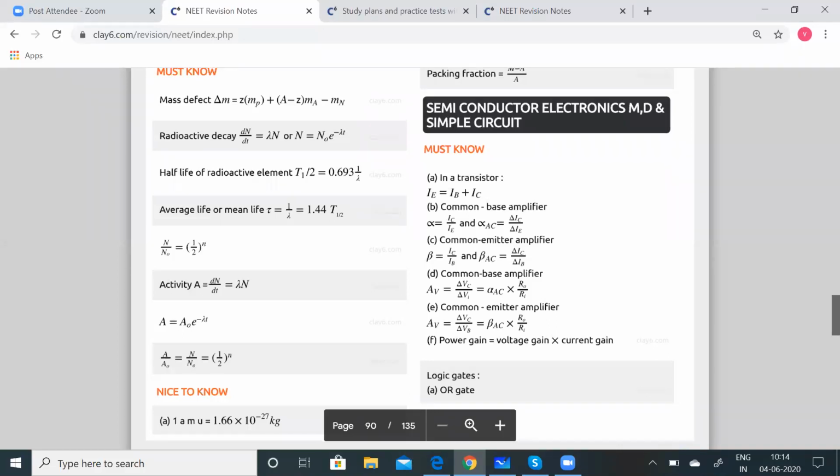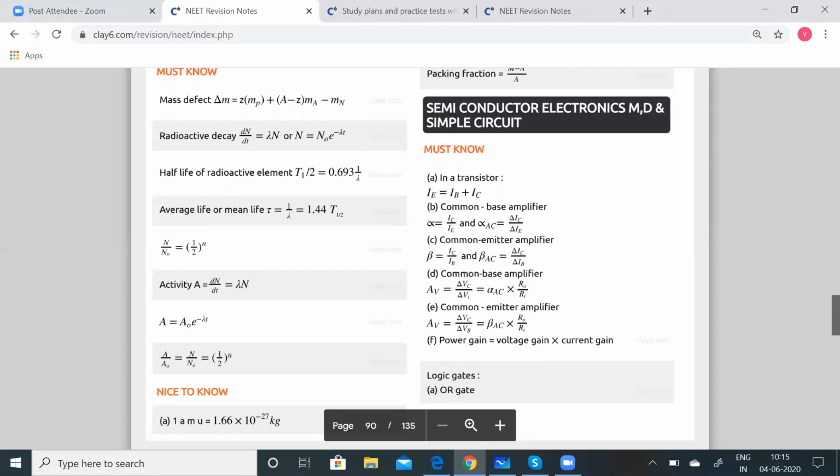Okay. So now we have three configurations, but before that, let us go to the action of the transistor. When the emitter-base junction is forward biased, the majority charge carriers are pushed from the emitter to the base. A few electrons and holes recombine in the base region, so most of the majority charge carriers cross over to the reverse biased collector. So the collector current IC is always slightly less than the emitter current.